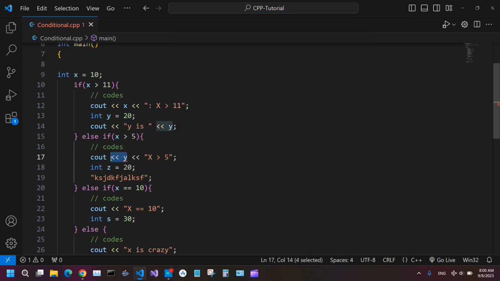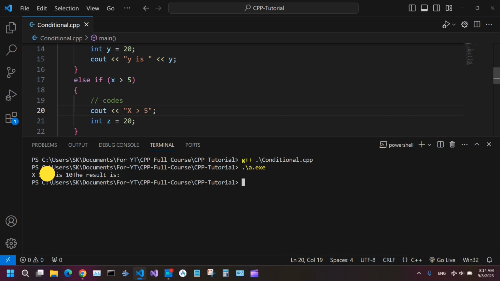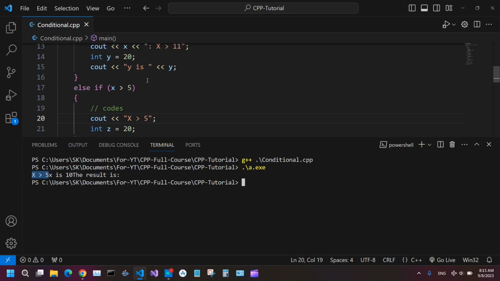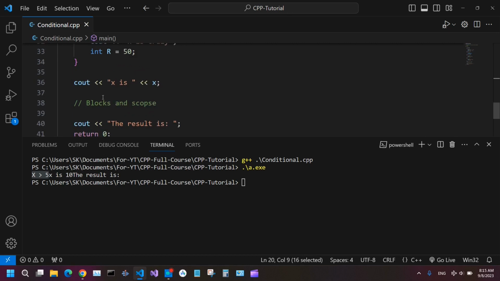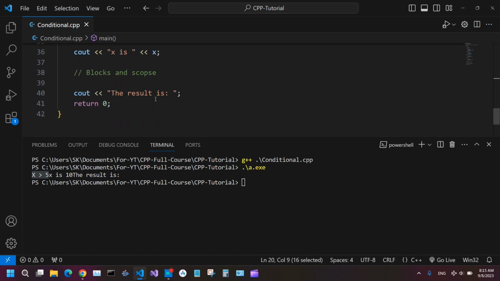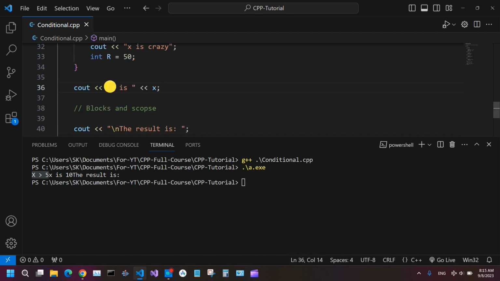So I have to remove this, and I have to also remove this one. Now you see here x is greater than 5. This is from here, and then you have x is 10. That is from here, and the result is this one. By default, cout does not print a new line. So if you want a new line, you have to add new line like this. And in the same way here,